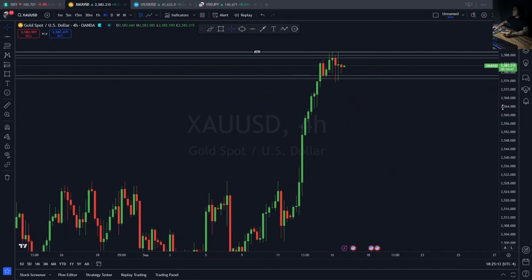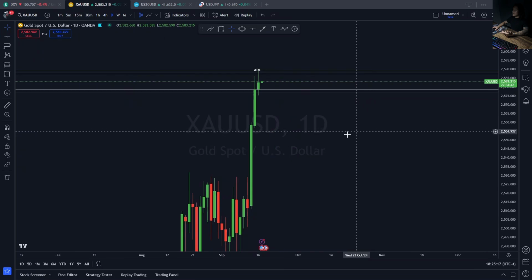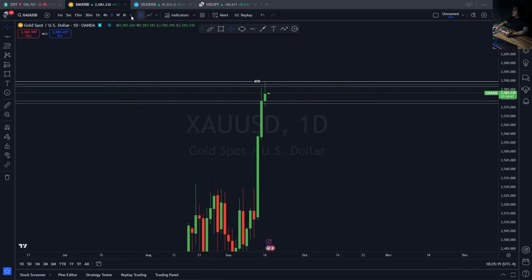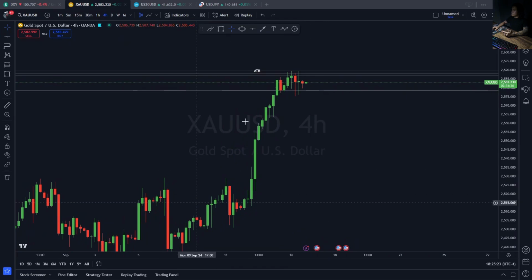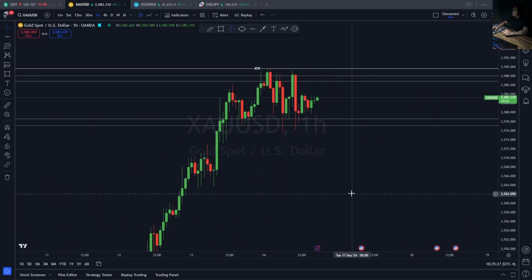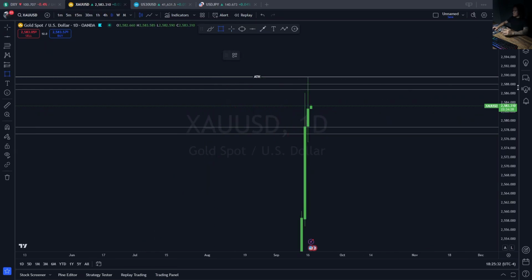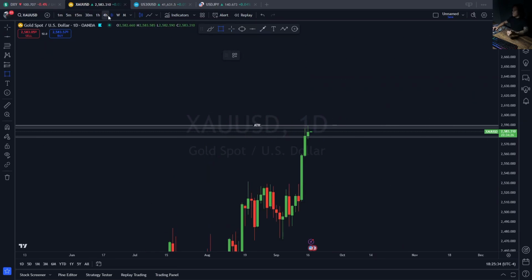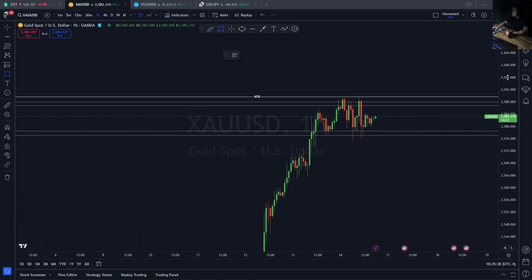So again, looking at the daily and the 4 hour, as you can see, there aren't really any areas that you can trade based off of, because price action has been so impulsive and so bullish. Now let's take a look at the 1 hour. We do see a few more zones. Whenever you see that the daily time frame is too strong, the 4 hour is too strong, even sometimes the 1 hour is too strong,